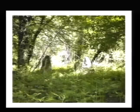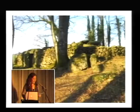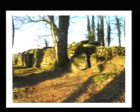And moving on 2,000 years later than the oldest monument in the Mayenne, this is Le Petit Vieux Sou. The tomb's name could mean the little old under, referring to the fact that it's a subterranean allée-couverte. It could be translated as the little old soul, which could perhaps allude to the ancient souls who were buried there, or it can be translated as the little old penny, so perhaps as a folk memory of buried treasure. I don't know, there's no definite...